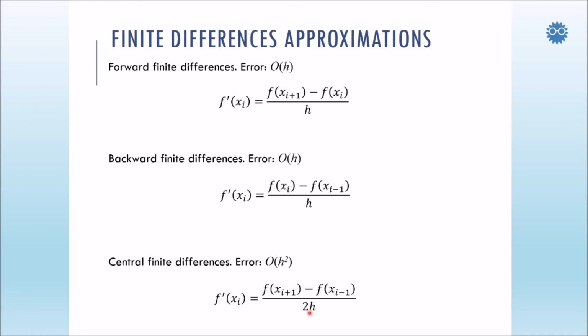Actually, because the distance h is always taken between two adjacent values of x, from xi to xi plus 1, and from xi to xi minus 1, there's h in each direction. That means the difference will be divided by 2h. So this is the idea of finite differences approximation. Before applying it to the Newton-Raphson method, let's try to see the level of accuracy of each one of these three